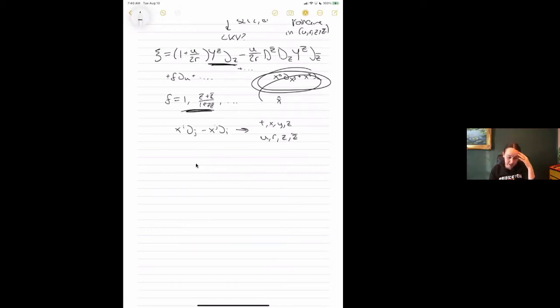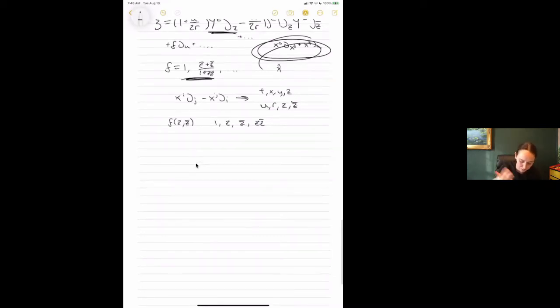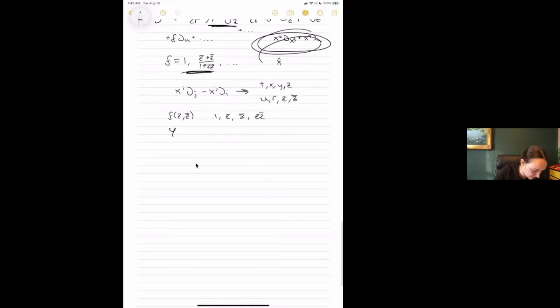You do that, and it's going to look a bit messy, but basically what you see is that in some sense I am naturally parameterizing everything with a function of z and z bar that, up to this metric factor, is like 1, z, z bar, and z z bar. Don't worry about the 1 over z bar because it's a bit of a projective coordinate thing. And then I have a Y that is basically 1, z, z squared. And similarly with i's in front, so it's complex valued. This can be in C, and then these are real coefficients of it.